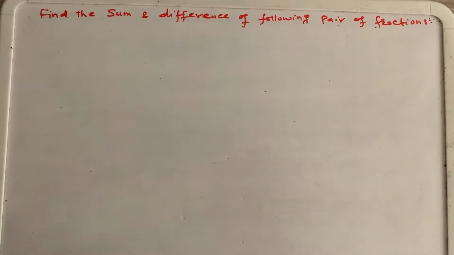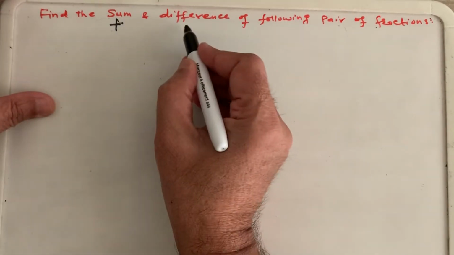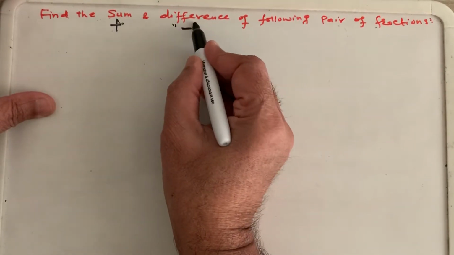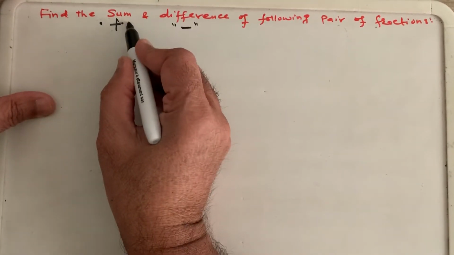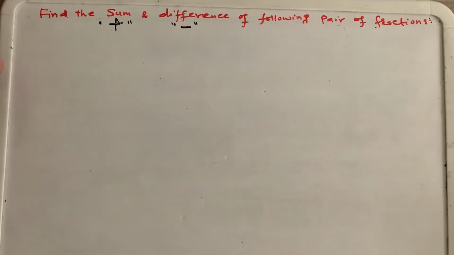Today our topic is to find the sum and difference of the following pair of fractions. Sum means addition and difference means subtraction. So do not get confused by the words. If they are used instead of addition and subtraction, they can use sum and the difference of the pair of